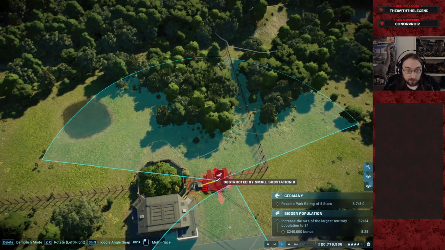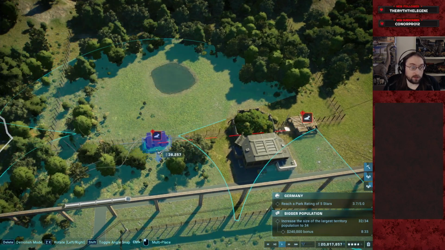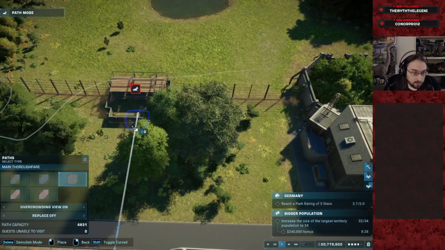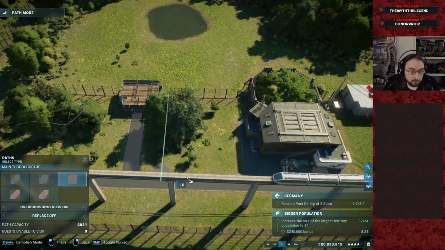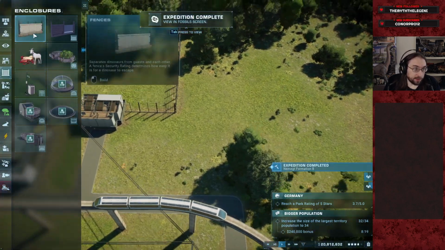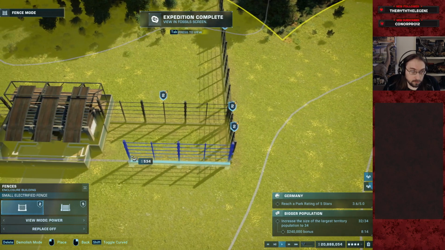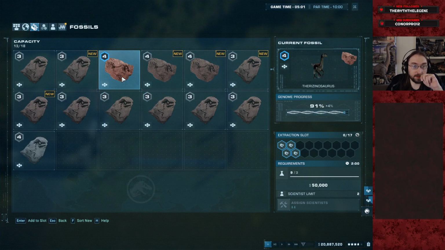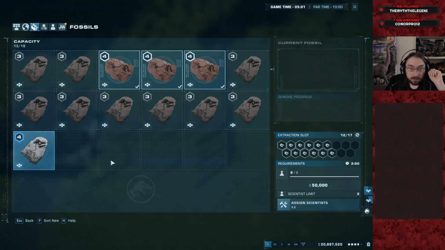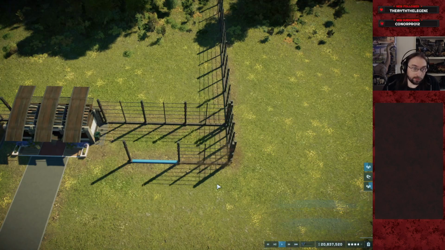Alright, so we'll put one of these maybe here. One of these probably over here. We've been doing like a double gate arrangement, so let's get one of those planned. Okay, that's probably it for Theri. Yep, complete. Slap you in there. Process on you. Okay, we're done